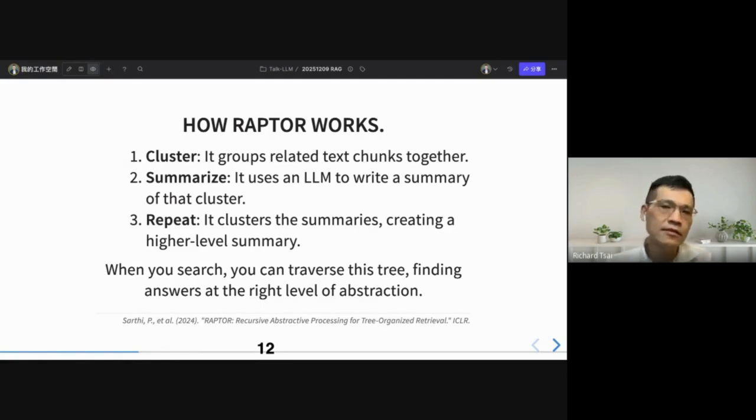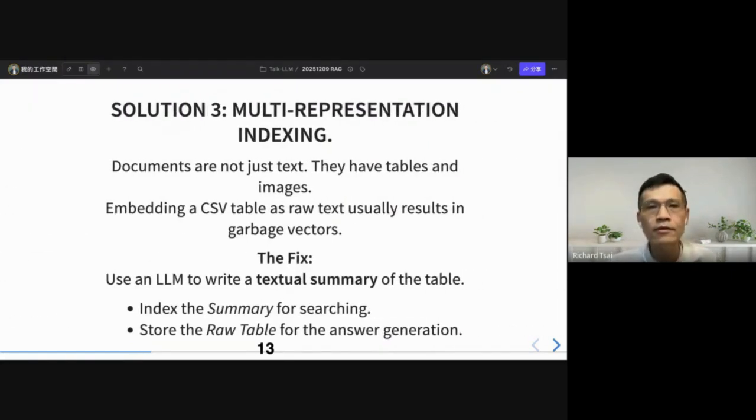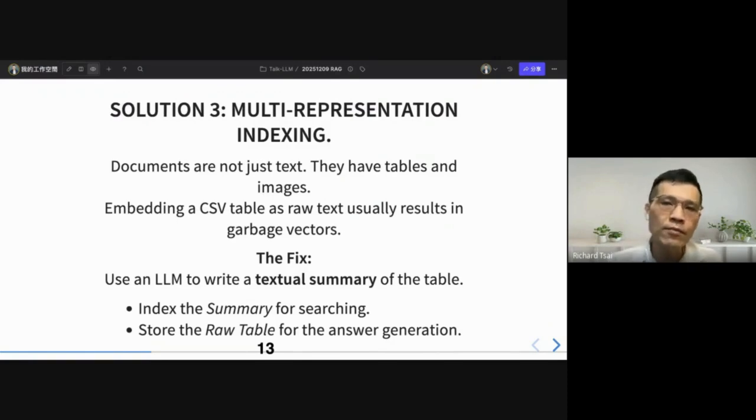I think this idea is very intuitive, right? You make an index at every level. If you are interested in the details, you can look at their ICLR paper here, published in 2024. Then we are going to talk about the third solution, which is called multi-representation indexing.